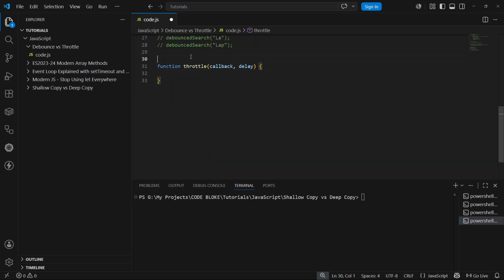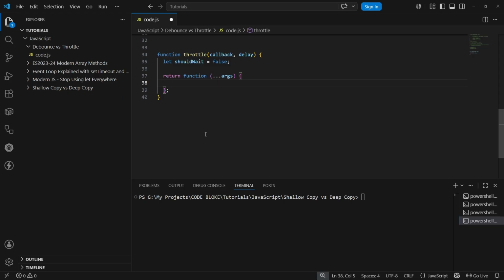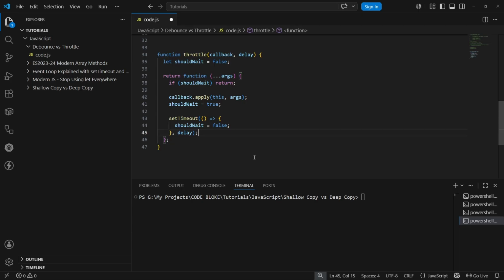Building throttle. Throttle is a different shape. Instead of resetting a timer, we put up a closed sign for a fixed window. function throttle(callback, delay) { let shouldWait = false; return function(...args) { if (shouldWait) return; callback.apply(this, args); shouldWait = true; setTimeout(() => shouldWait = false, delay); } }